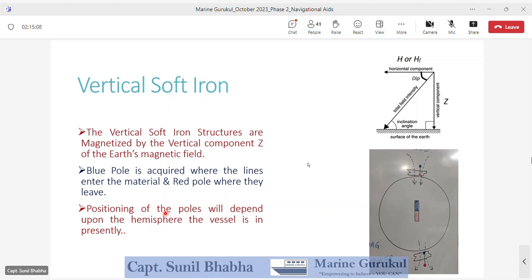पर इस केस पर जैसे ही आप हॉरिजॉन्टल का केस ले रहे थे अपन सर, जब हॉरिजॉन्टल कंपोनेंट ले रहे थे, तो उसमें भी तो ये सेम ही चीज जा रही थी, जब उसमें अपन ने उसे पैरेलल क्यों लिया था इक्वेटर के? हाँ बेटा, उसमें भी सेम चीज हो रही थी, दैट्स फाइन। उसमें अर्थ का हॉरिजॉन्टल फील्ड हॉरिजॉन्टल सॉफ्ट आयरन को इफेक्ट कर रहा था, इसमें अर्थ का वर्टिकल फील्ड वर्टिकल सॉफ्ट आयरन को इफेक्ट कर रहा है। इट इज वेरी सिमिलर।